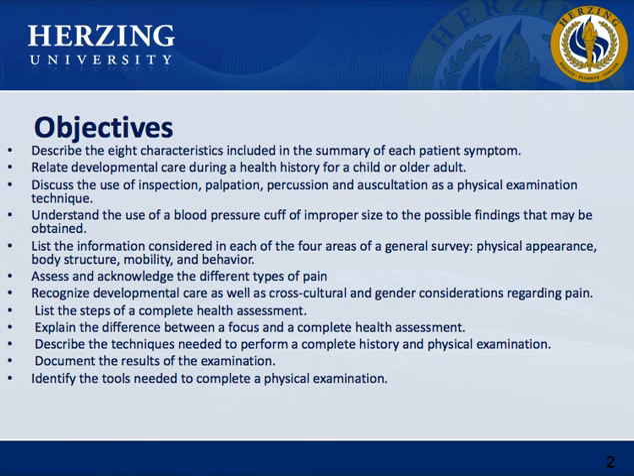They are: describe the 8 characteristics included in the summary of each patient symptom, relate developmental care during a health history for a child or older adult, discuss the use of inspection, palpation, percussion, and auscultation as a physical exam technique, understand the use of a blood pressure cuff of improper size to the possible findings that may be obtained, list the information considered in each of the 4 areas of the general survey, which include physical appearance, body structure, mobility,